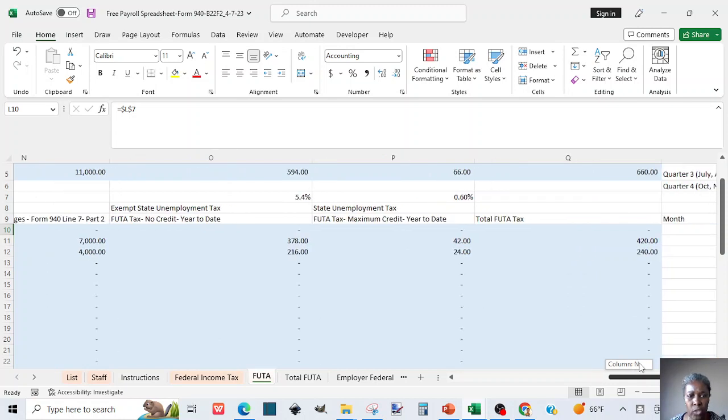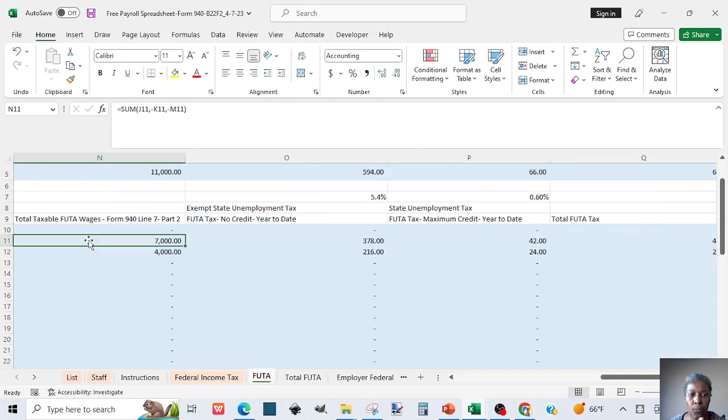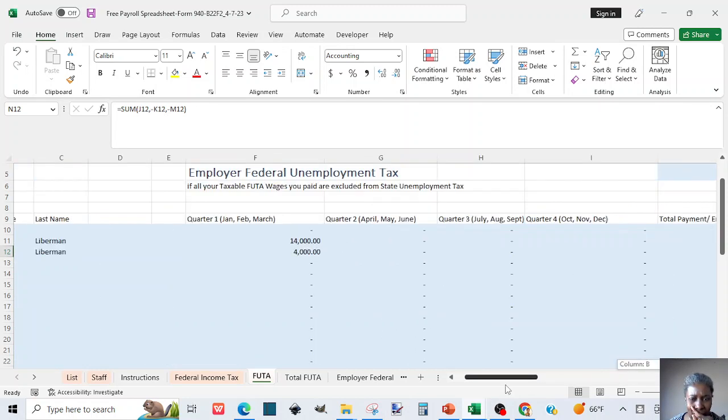So it's charging the full tax on up to 7,000 for that one, and for the second one, the total of 4,000 paid to the second person, it's charging the full tax on that whole 4,000. So that is the idea,